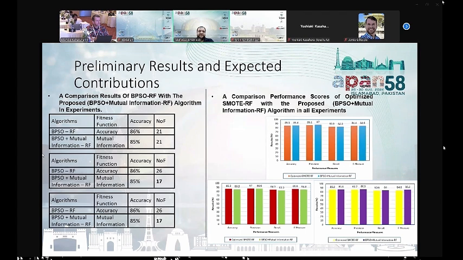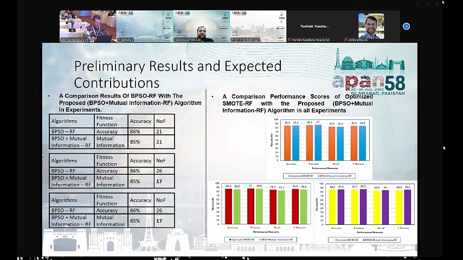So this slide shows the preliminary results and expected contribution. As you can see in the table on the left side, the performance of the proposed technique in the three experiments, as I said in the previous slide. In the upper table, we compare the performance of a standard existing meta-heuristic algorithm, called here the binary BSO algorithm, and a random forest model. And the fitness function, as we can note here, is two times the accuracy and the mutual